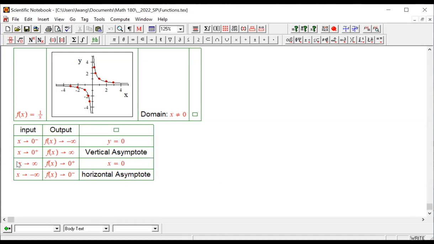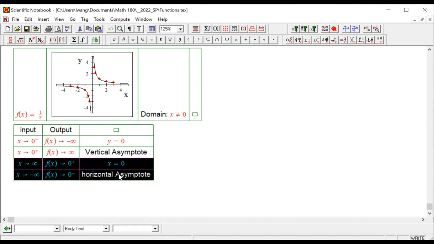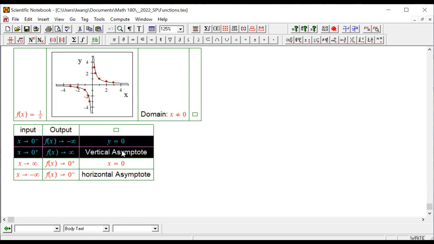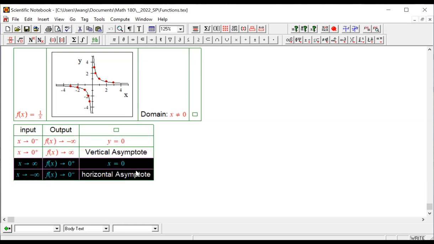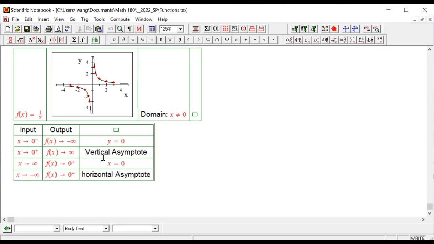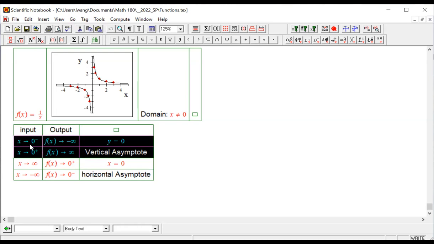Okay, so these two pieces and these two pieces, okay? These two pieces, this piece explains the vertical asymptote. The vertical asymptote is y equals 0, which is the,